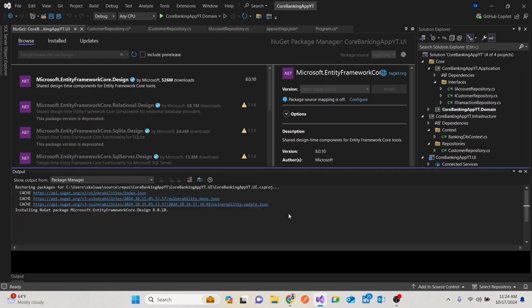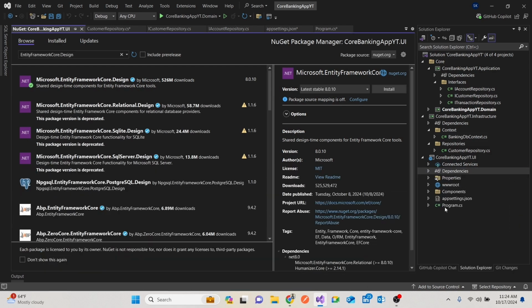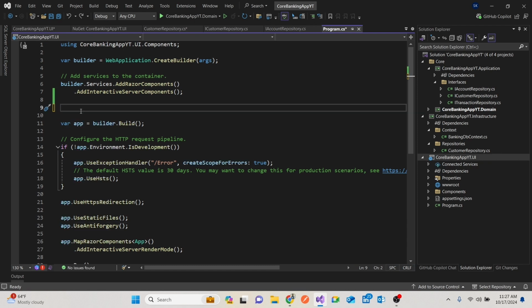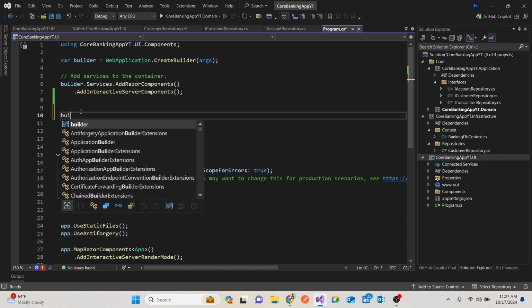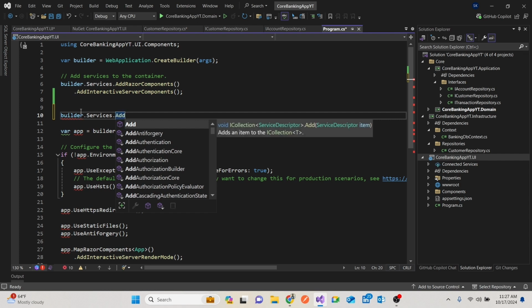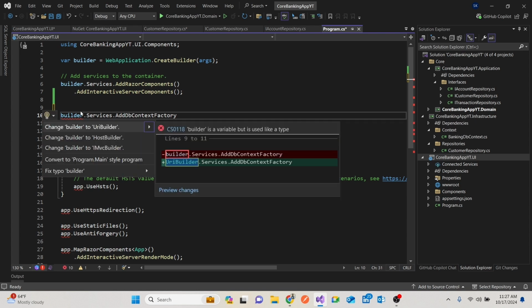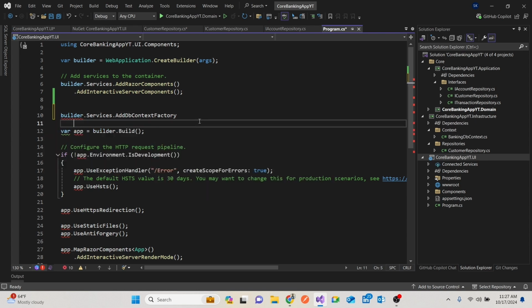Once that's installed, we should be able to go back there and add that DB context. So you say builder.services.add DBContextFactory, and it's going to take in the banking